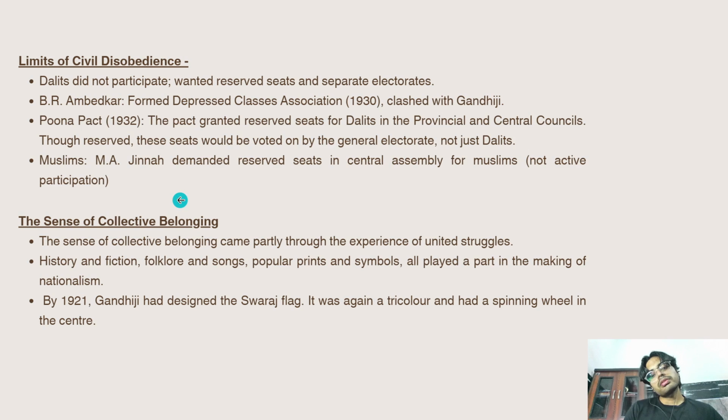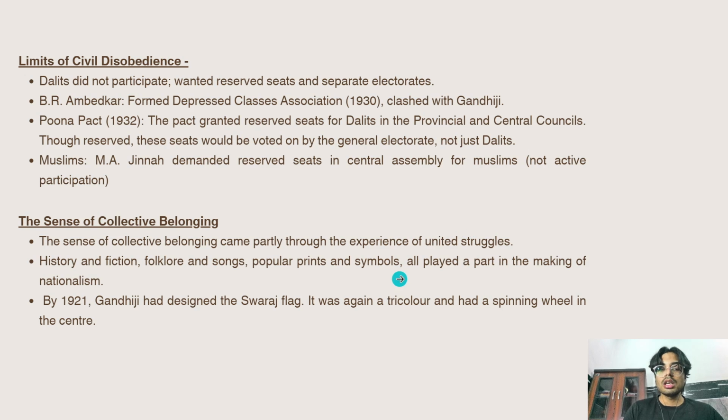So let's see how the sense of collective belongingness took place in India, and which led to the rise of nationalism. The sense of collective belonging came partly through the experience of united struggles. As we all know, the Britishers came and they committed atrocities, and due to which they had coercive policies, and many things were done to Indians. So a sense of collective belongingness came partly through the experience of united struggles, how we all struggled together against